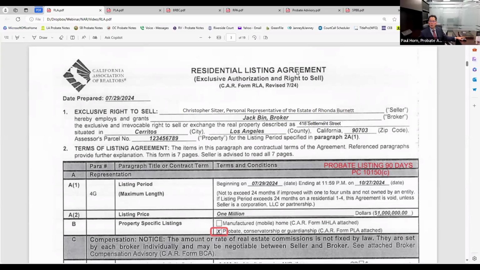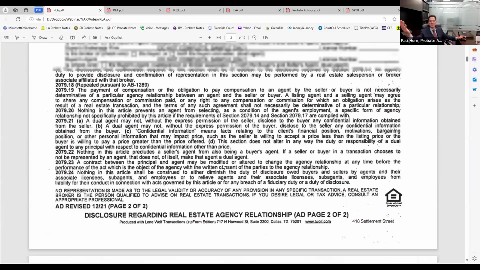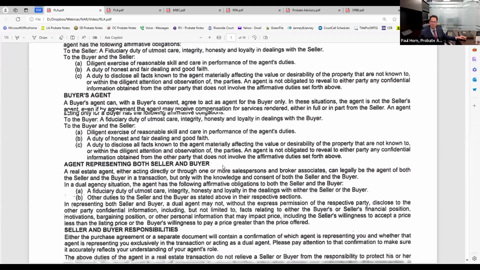If you look at the screen, the revised date is July 2024. When you use your zip form, it's a 19-page bundle. The first 2 pages is disclosure. You've seen it before.